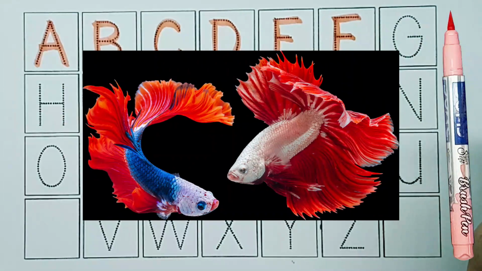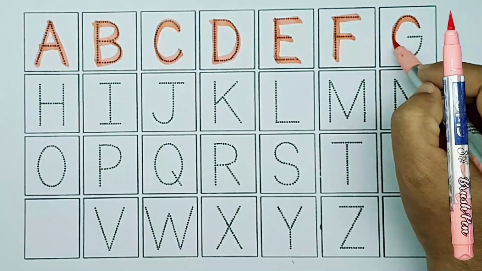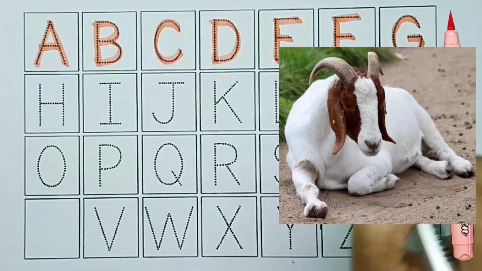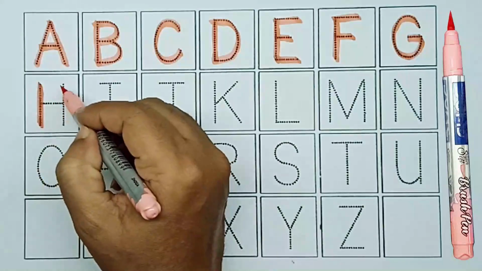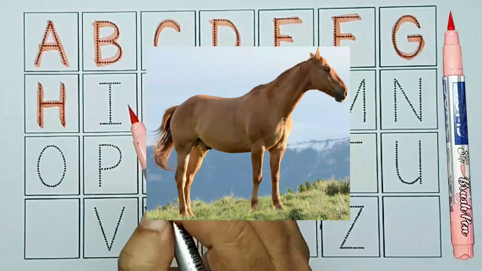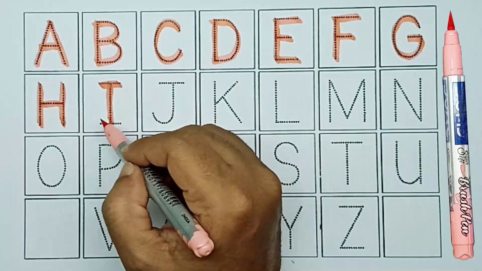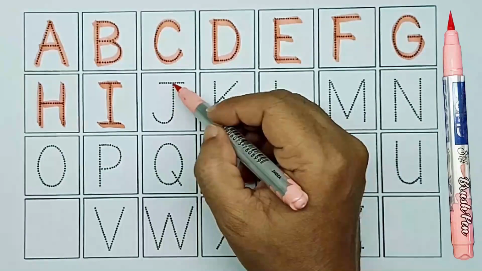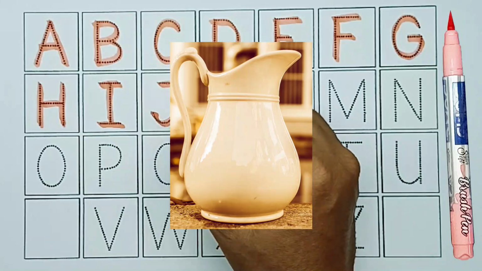F for fish, G for goat, H for horse, I for insect, J for jug,